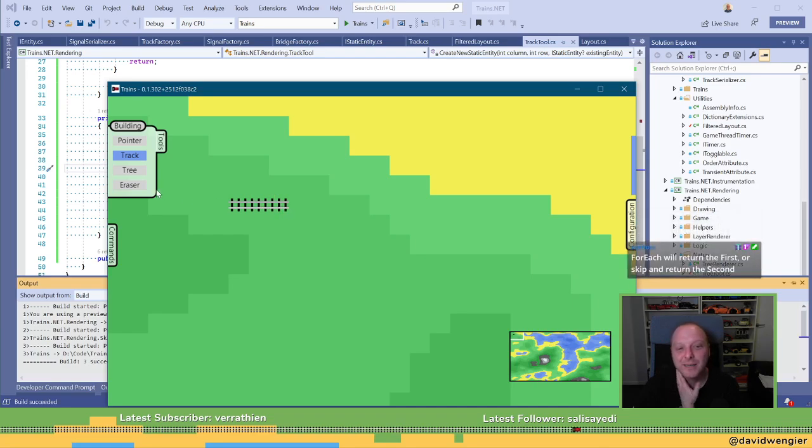Oh, that's annoying. Yeah, okay, so this does need a better system to do this. Because, well, especially this is just kind of silly. For each will return the first or skip and return the second. Yes, exactly. Oh, no. All right, so maybe I need a rotate.